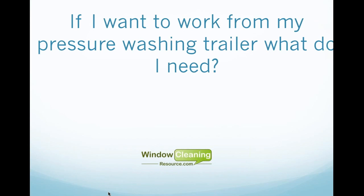All right. If I want to work from my pressure washing trailer, what do I need? Okay, that's a good question because a lot of pressure washers clean windows. Most pressure washers who use a trailer have what they call a buffer tank, and then they have their hose reels and their pressure washer. So if you wanted to set up a pure water system using your existing trailer, you'll need a 3-way valve and a DI tank if you're going to go with deionization. If you want to go with reverse osmosis, then you would need a 3 or 4, you need a 4-stage